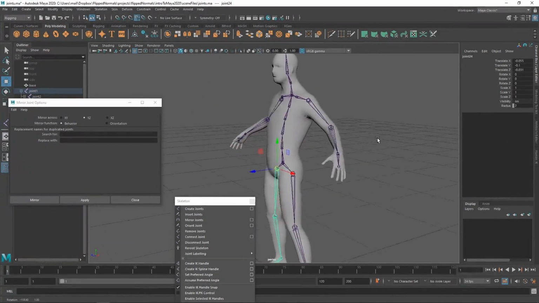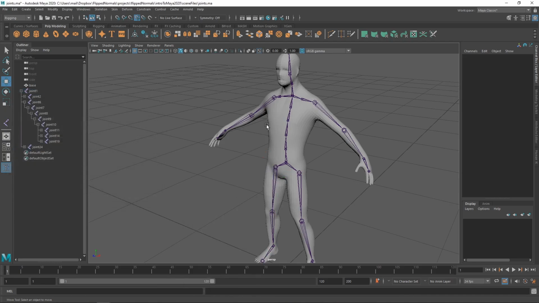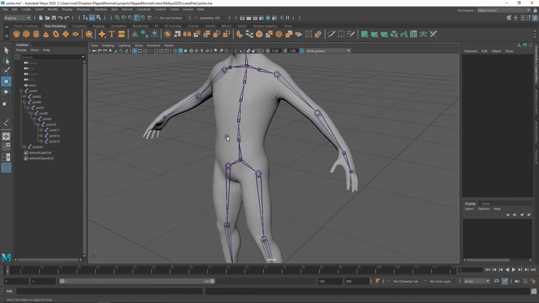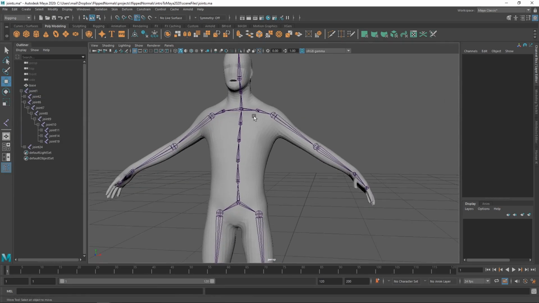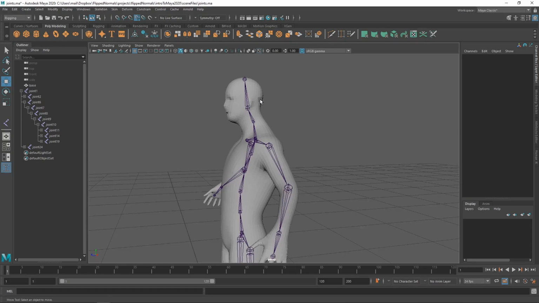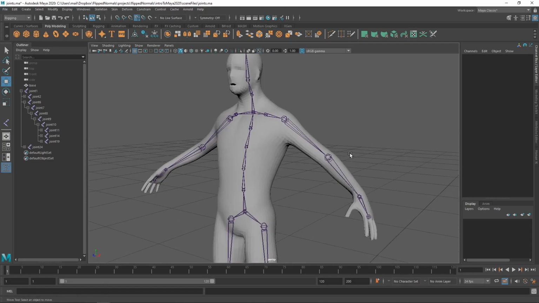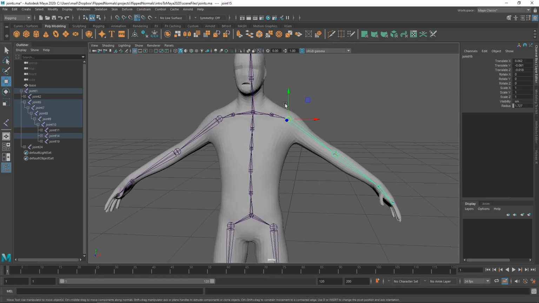And there we go. Now, one thing which is super important if you're doing this for real, like this is obviously a quick example and we're not making a production model, but what's essential when you're doing this in a proper rig is that you name your joints. You can see here, this is a complete mess. You're going to have hundreds, if not thousands of joints in a full rig. So in this case, you don't know what this is just by looking at the hierarchy. So you really, really should name